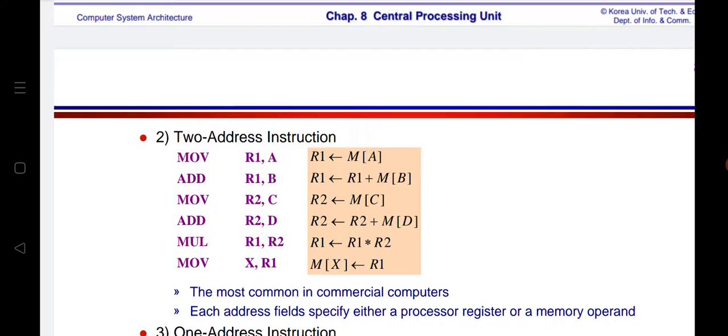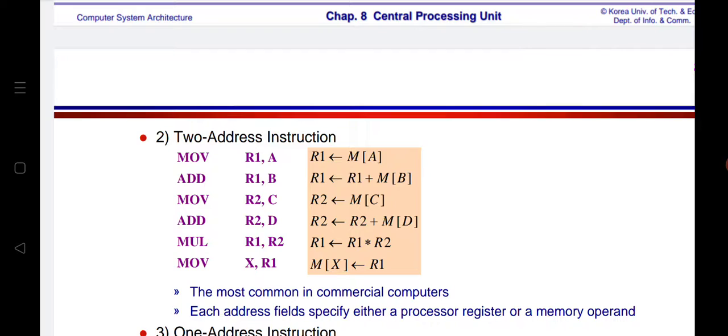I will be having an opcode space. I will be using destination comma source. What it does: destination comma source means D, the destination, is equal to destination plus source. Take one small example over here, and there you can understand. First, as I'm using only two addresses in a given instruction.